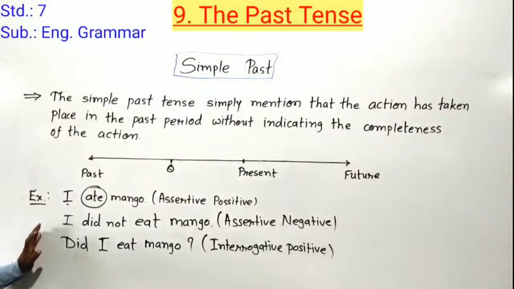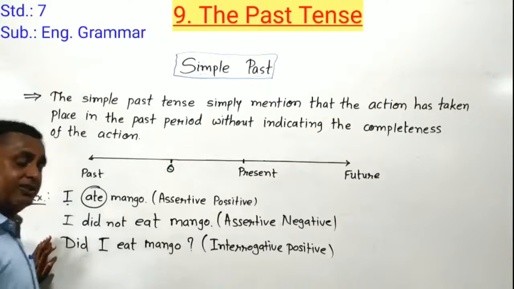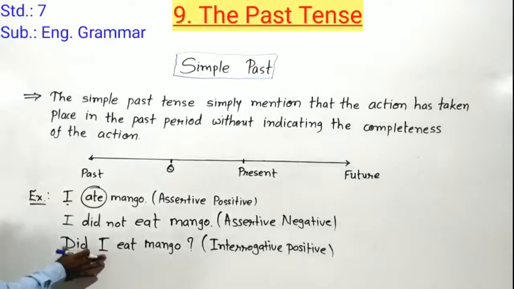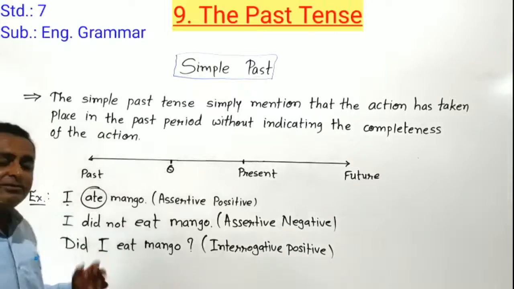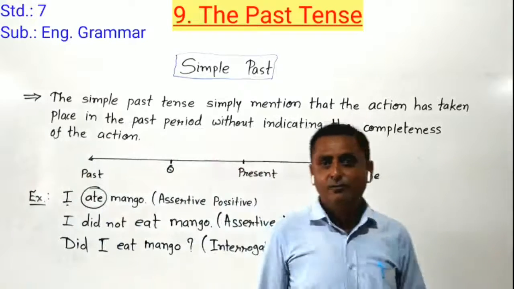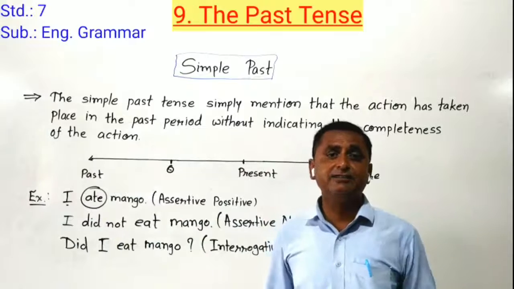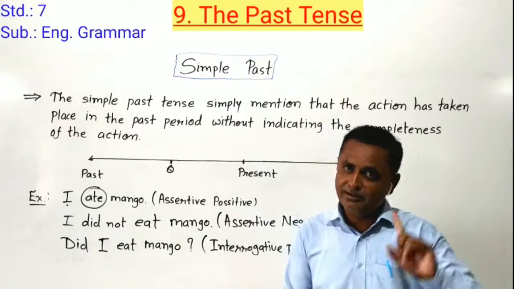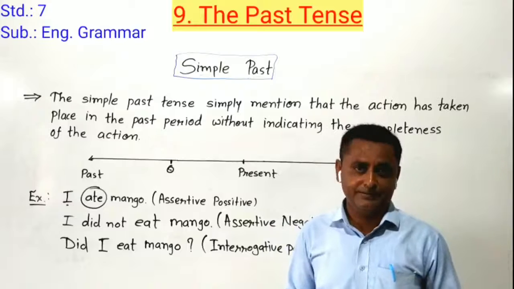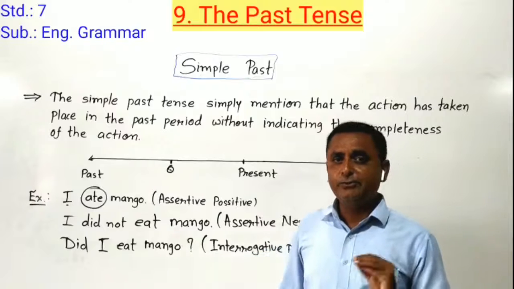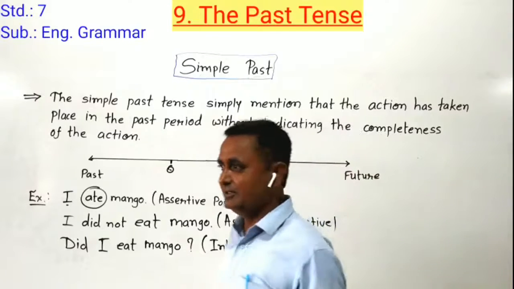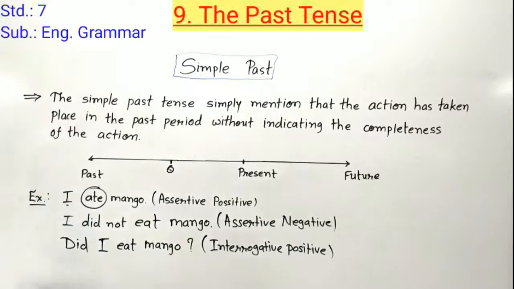Understand? Now if we have to convert it into interrogative negative, what do we do? Just remember our present tense learning. Here we have to put not to make an interrogative negative sentence. An interrogative negative sentence can be formed in two ways: one with contraction and the other without contraction. We learned about this in 6th standard also.